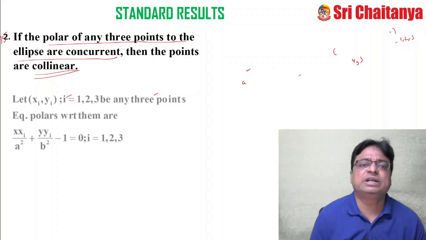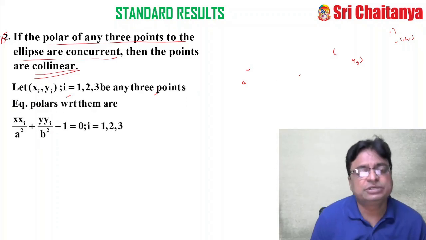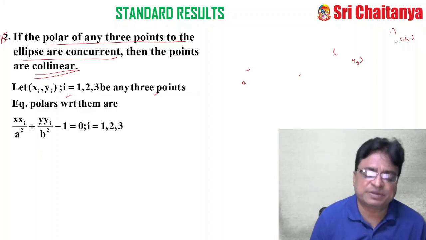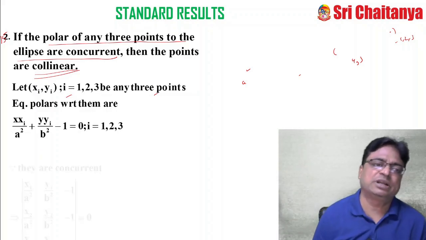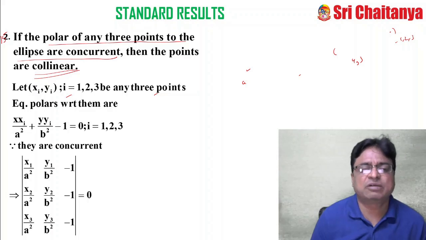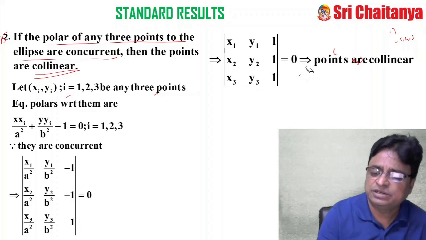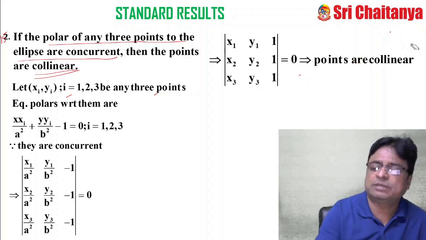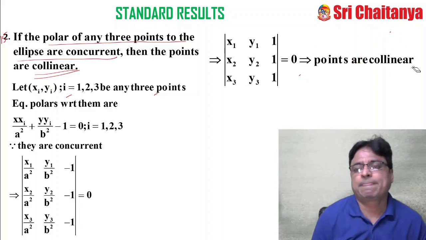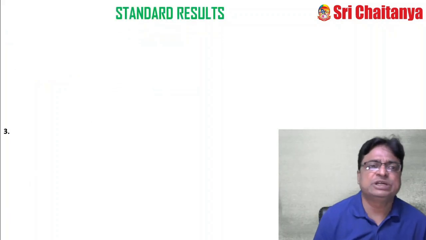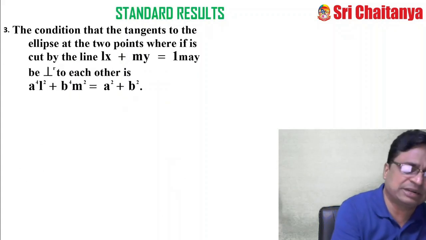So here I am giving the hint like this. In short, instead of writing all the three equations, I am representing the equations like this. Please don't get any confusion. And since they are concurrent, I have taken that as a determinant. Of course, after simplification of the determinant, you will get this as 0. Automatically the points become what? Collinear. Okay, now coming to result number 16. This is result number 16.